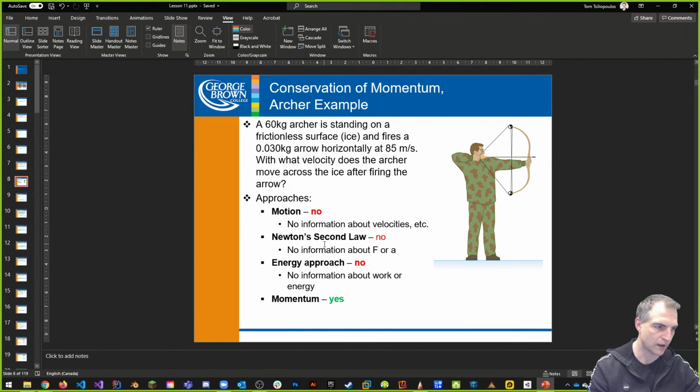Can we use Newton's second law? Force is equal to mass times acceleration. We have no information about force or acceleration, so we can't use Newton's second law. How about energy? We don't really understand anything about energy. We don't have any potential energy or kinetic energy. Remember, from an energy to work, he's not moving, this guy, right? All he's doing is standing there with an arrow in his hand, and no movement, no kinetic energy. Remember, kinetic energy is equal to mass times velocity. Here, he's not moving, so we have no idea what's happening. However, momentum does play a role.